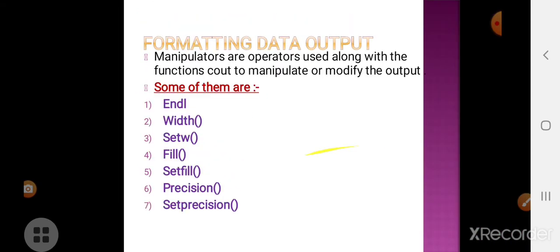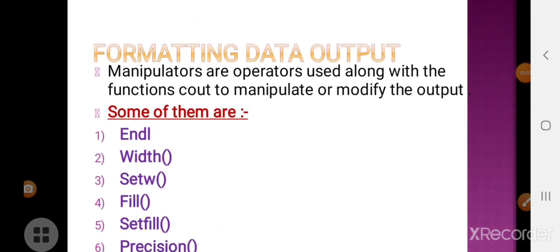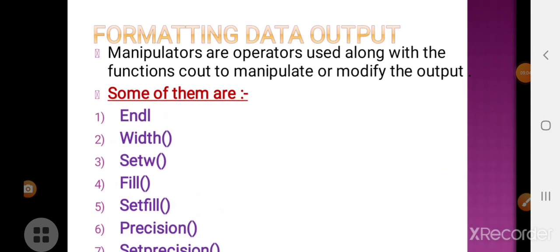Okay, so next is formatting data output. Manipulators are the operators used along with the cout function to manipulate or modify the data.